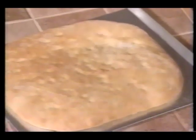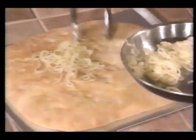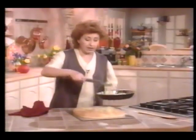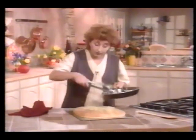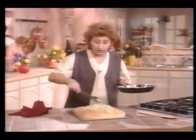So now what I want to do is get the onions and put them on top. The reason why I'm doing this is because if I bake the bread at the beginning with the onions, they will burn. And the other reason why I'm sauteing and cooking the onions is because when they are very, very